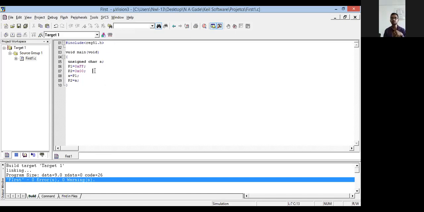So what we have to execute infinitely: take data from port 1, transfer to port 2. This is to be executed infinite times, but declaration of variable A, and port 1, port 2 as input and output, this declaration is once only. So what you can do, you can take it out of the while loop, and whatever you have to execute multiple times.